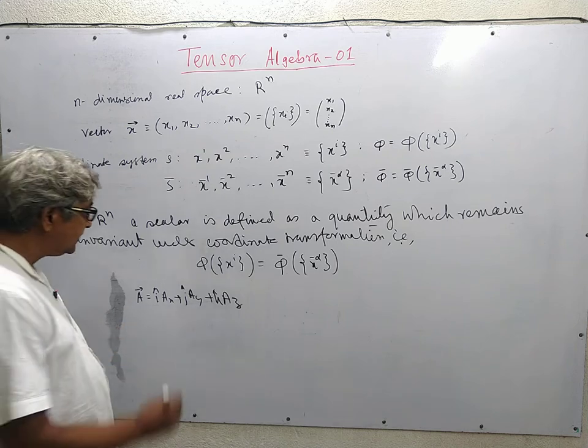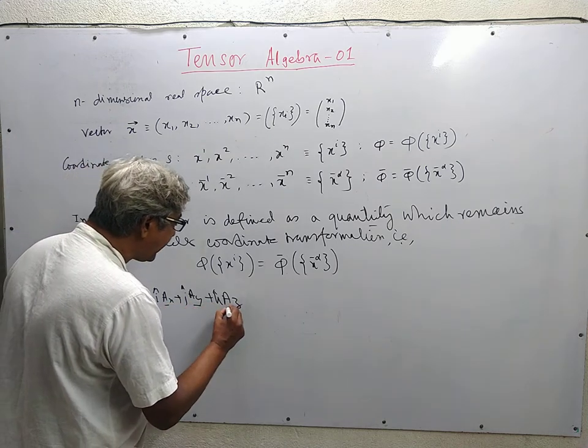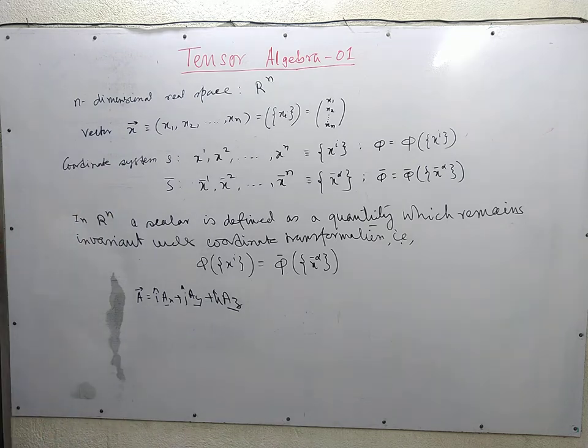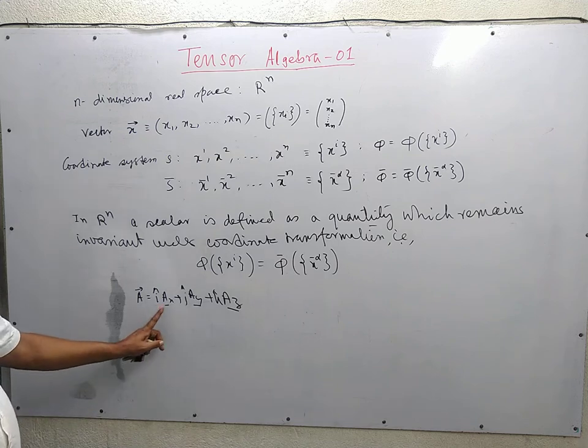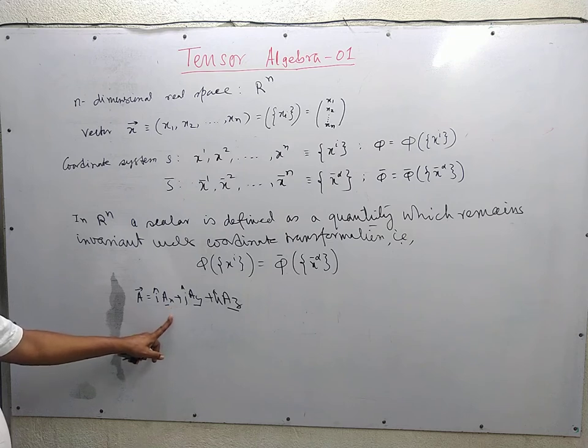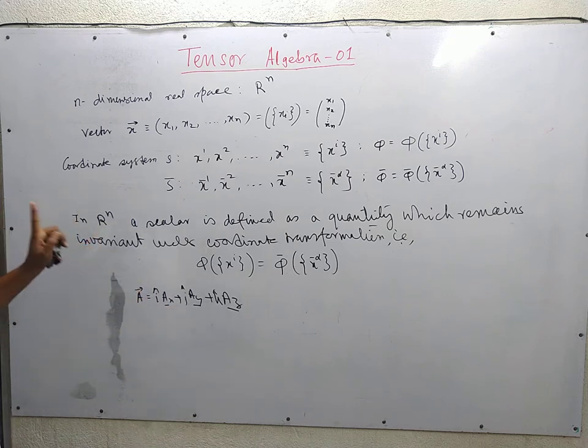And we generally say that Ax, Ay, Az are scalars, and we multiply a vector by a scalar to get another vector. But by the definition that we have put forward here, Ax, Ay, Az are not scalars, because if we write